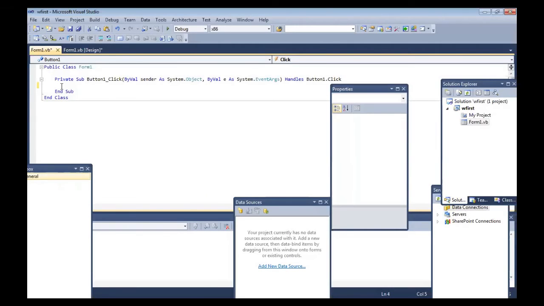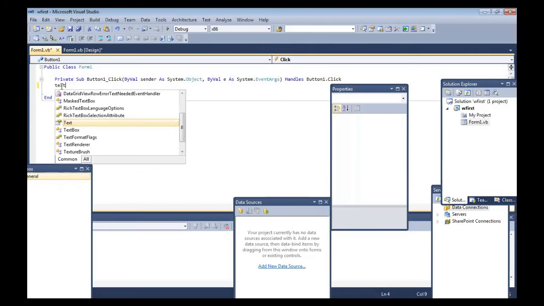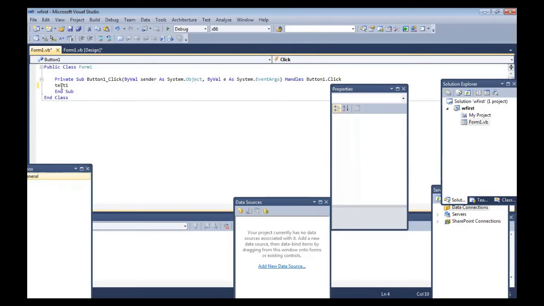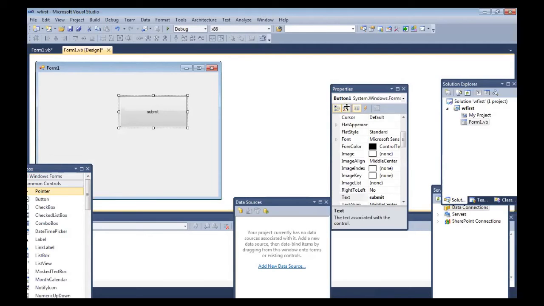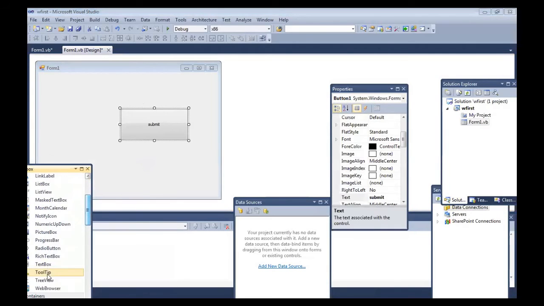Now here, button1 is the name of our object. Here you require to display the output, that's why you need to take one text box also.